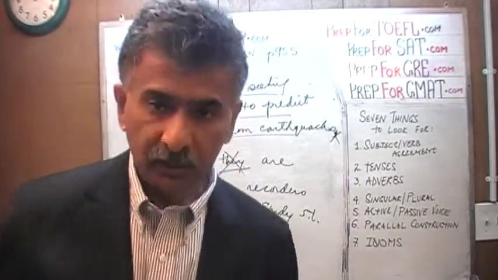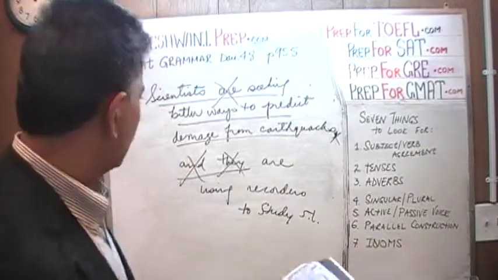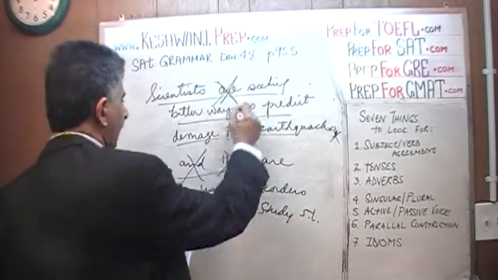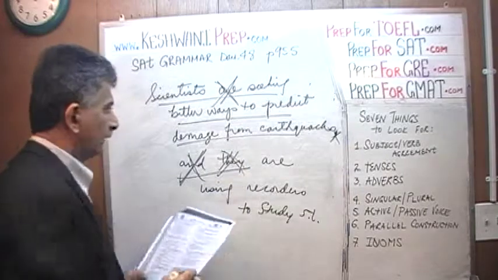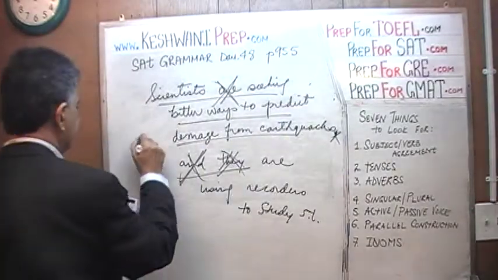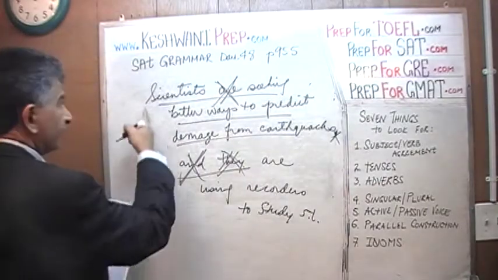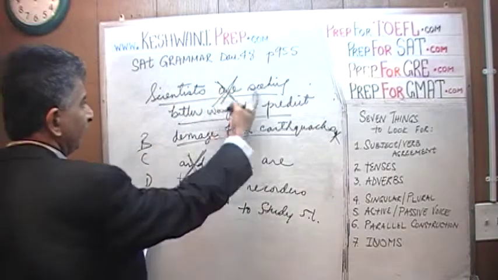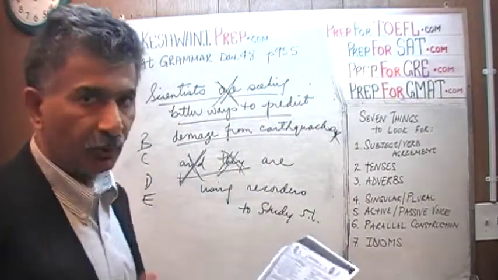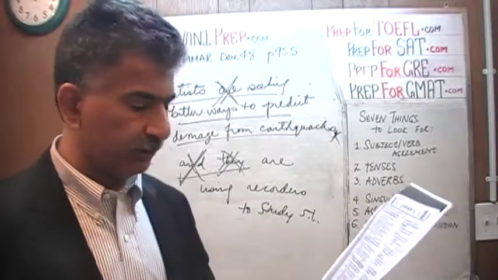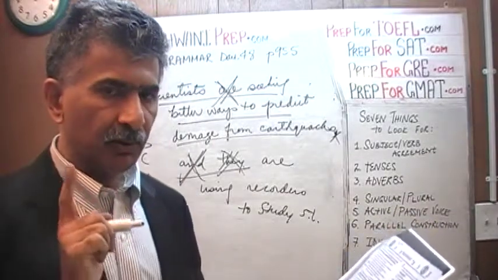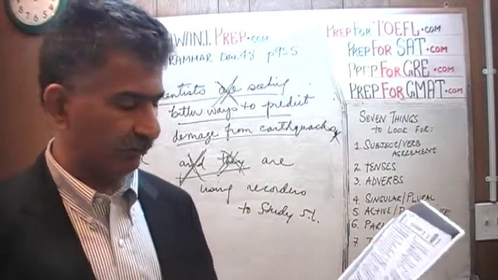Let's lift our hand now. Keep in mind what change we have made here. The only thing that we've done here is we've gotten rid of the word are and these two words here, and that's about it. And the comma. But it starts out in the same way. It starts out scientists seeking better ways to predict. That's very important. Don't mess with that. Do you understand? Don't go all over the place. That's the whole point of fixing it yourself. Because once you fix it yourself, don't start doubting yourself.